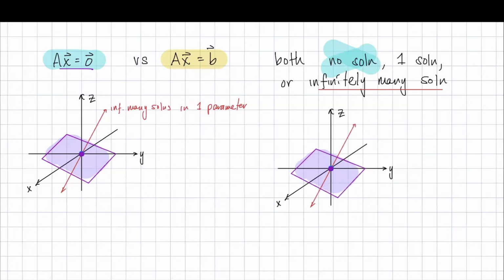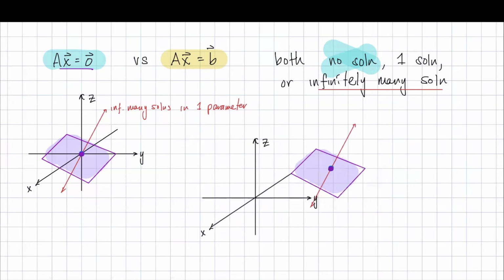And the difference is actually a simple shift off origin by that column vector that is